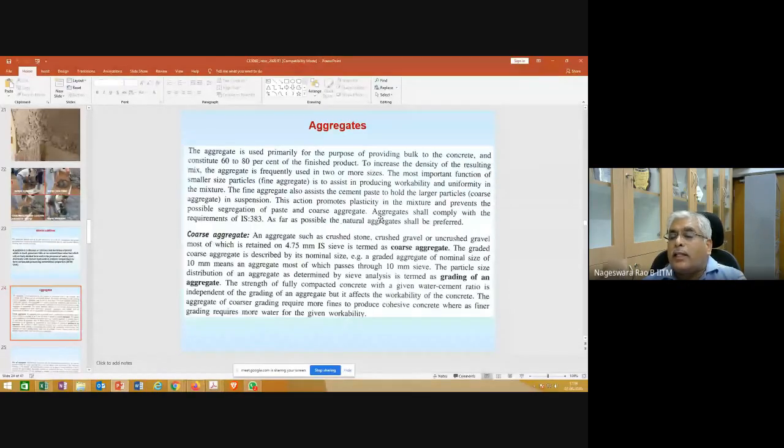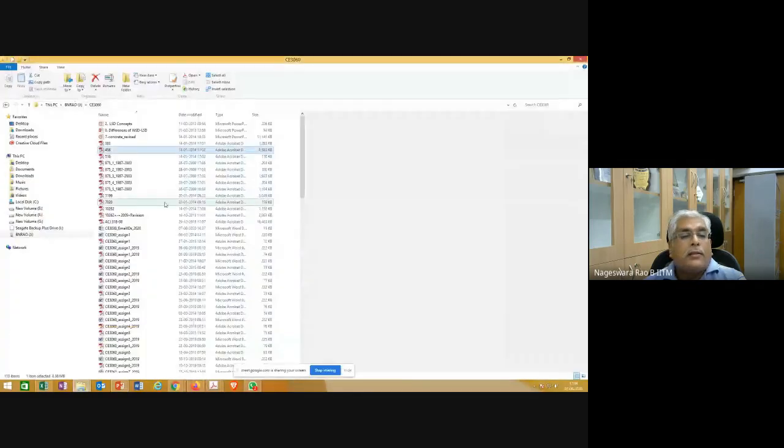So now let's see how aggregates are classified. Aggregate shall comply with the requirements of IS 383. As far as possible, natural aggregate shall be preferred. So now let's see what this IS 383 is. IS 383 is given here.